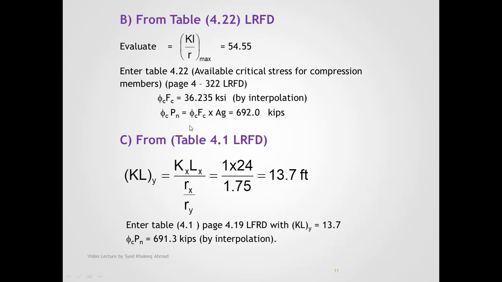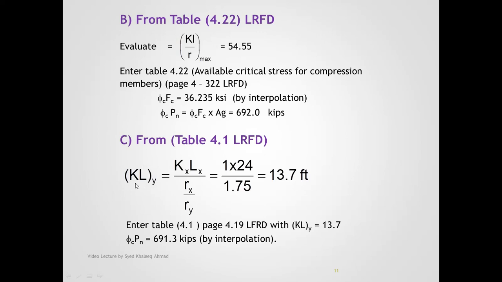Now there is another method which is based on the effective length with reference to the y-axis, and this table is also available in the AISC manual. So there are three ways that we can find critical stress. Now if we look here, we have to find KLy with reference to the y-axis, because you already have KLx upon Rx, and now if I divide it by Ry, that is Rx upon Ry, you can say that we are finding proportionately what will be the value for KL about the y-axis.